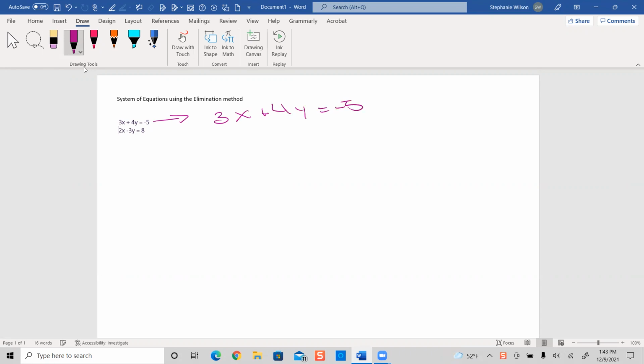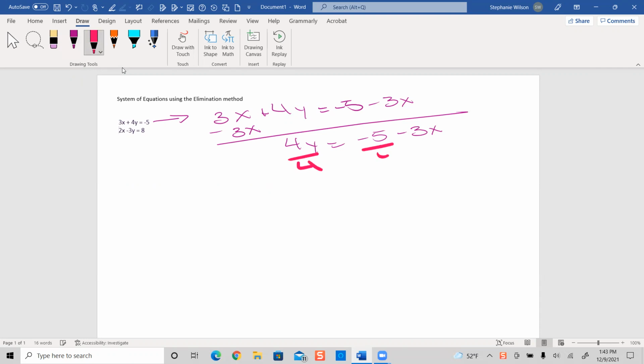And in order to get y by itself, I need to get x on the other side. And since it's positive, I'm going to subtract the 3x. Okay, so now I have 4y is equal to -5 minus 3x. And in order to solve for y, we have to have a positive 1 coefficient. And if you notice, we have a positive 4, so we need to divide by the 4. So everything needs to be divided by 4. So now we have y is equal to